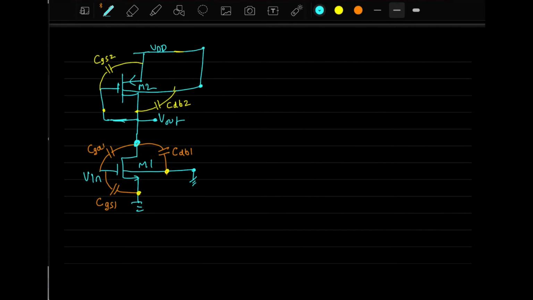So how many capacitances are left? We are left with a total of 5 capacitances. This way you have to look at circuits, even in your exam or somewhere else, to see the internal capacitances of circuits and how to find them. So this is an exercise for that. Now we will make it more proper. So let us say we have M1 here, then we have M2 here.